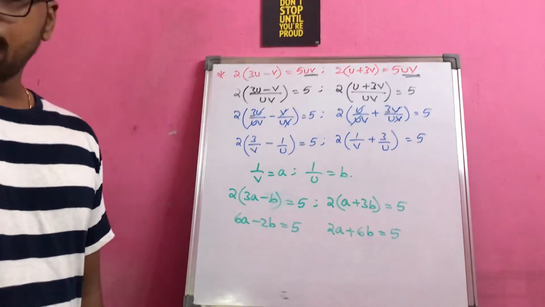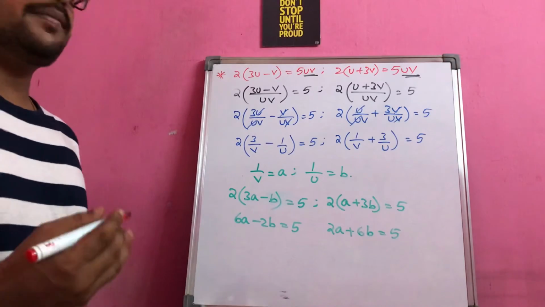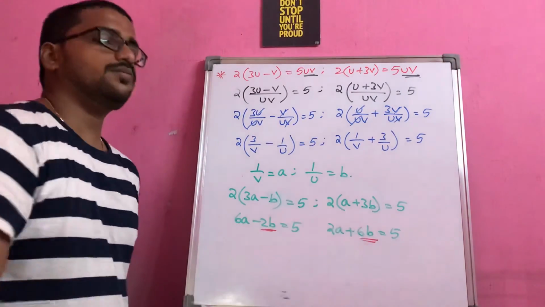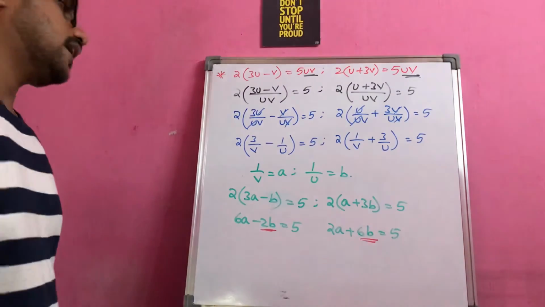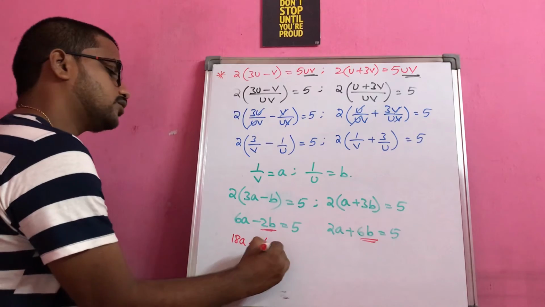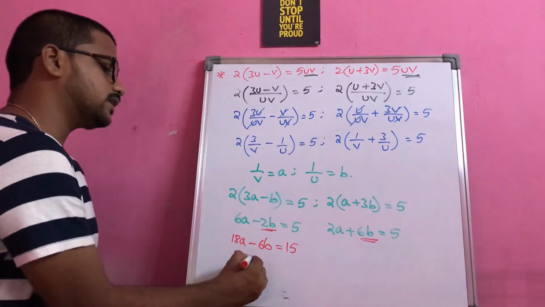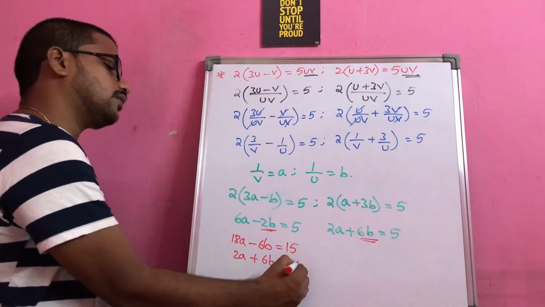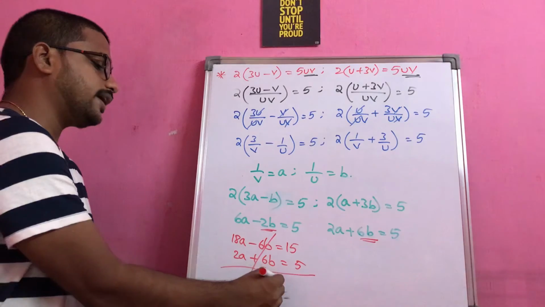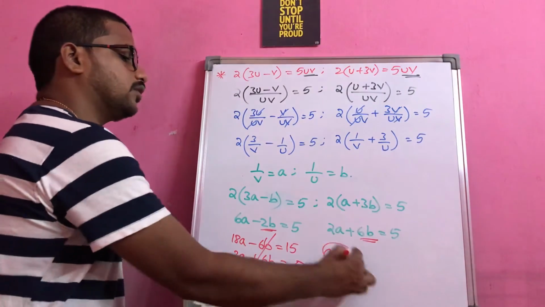Now what I will do, I will just observe for the term where you are having the opposite sign, that will help me to cancel out. This is minus b, and this coefficient of b is positive. So opposite signs are there. I will try to multiply the first equation with 3 so that I will be getting like this. Second equation will be as it is, 2a plus 6b is equal to 5. If you add these two directly, we will get cancellation. 20a is equal to 20. So we are getting a is equal to 1.